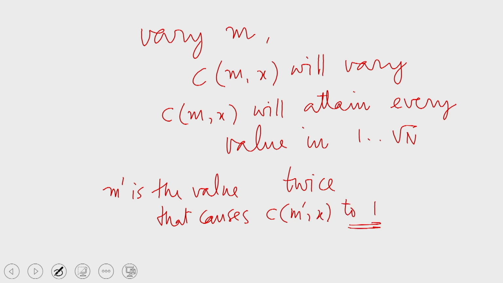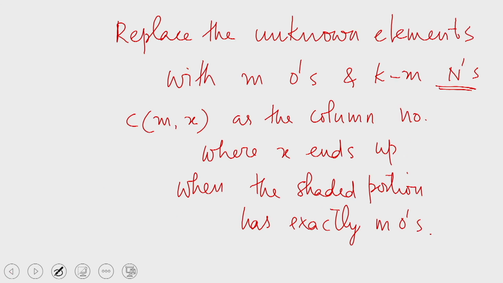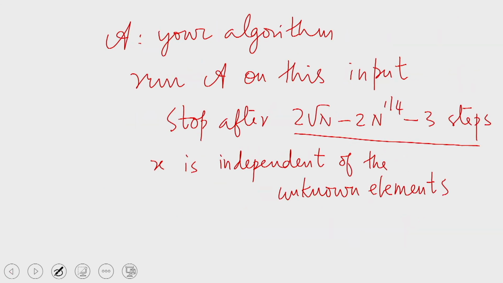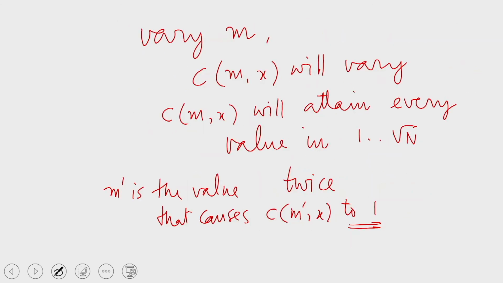So, if I put m prime zeros in the top left corner, then the element x which appears at the bottom right corner at the end of these many steps will have to travel all the way to the first column. What it means is that the total number of steps taken is